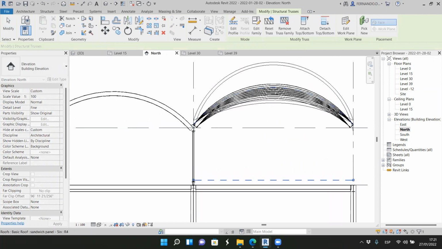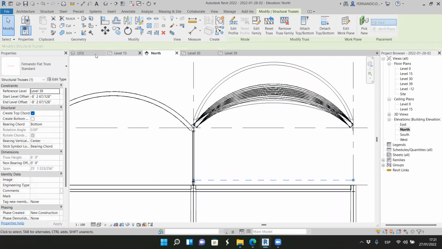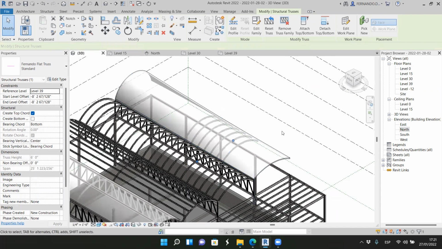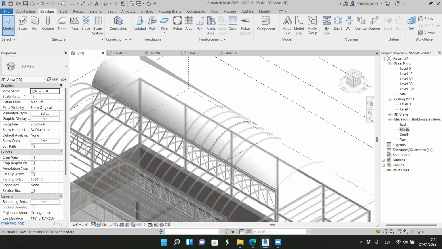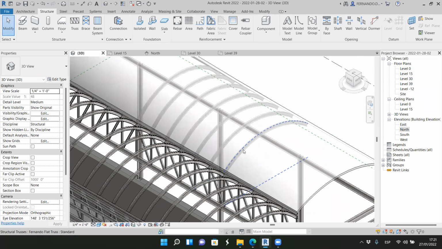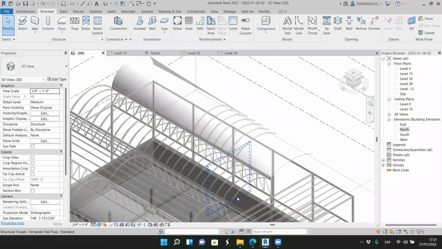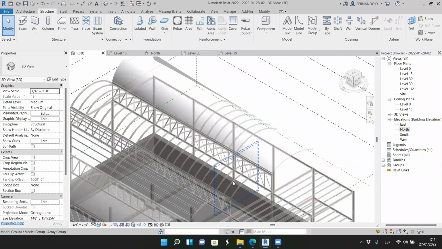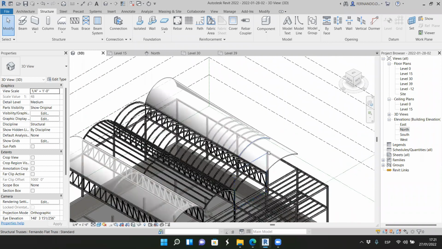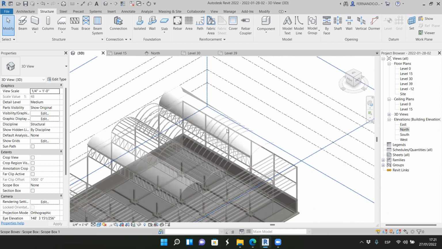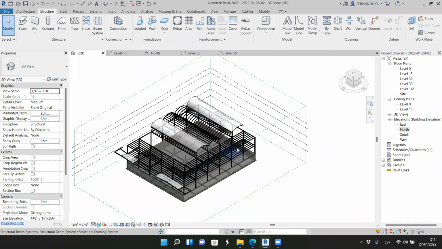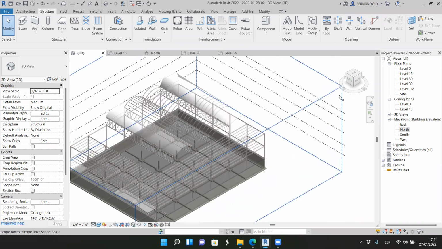Okay, so now all these beams are attached to the roof, and I'm creating a beam system where all the elements are different. It's not the same. Here all the elements are the same, but here all the elements are different because the roof is changing its shape at each section. Okay, so you can continue to do this until you